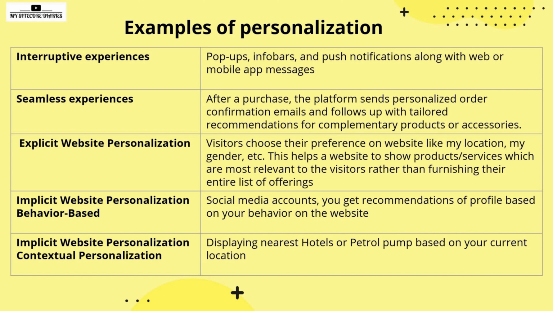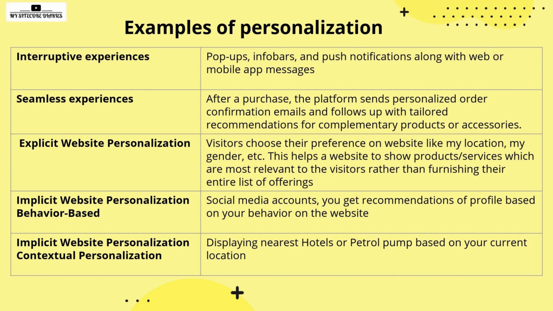Now, what is explicit website personalization? Example of explicit website personalization: visitors choose their preference on the website, like my location, my gender, etc. And this helps the website to show the products and services which are most relevant to the visitor, rather than publishing their entire list of offerings. So you set your preference on your website, and depending on that, content is getting